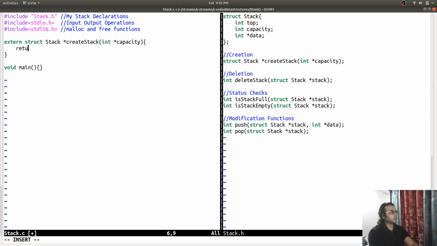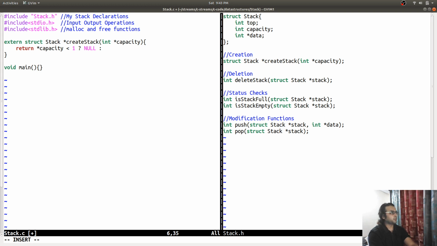Moving on, I'm going to check if capacity is less than 1. If so, I'm going to return null, because there is no point of creating a stack of size 0, because it is not going to do anything.